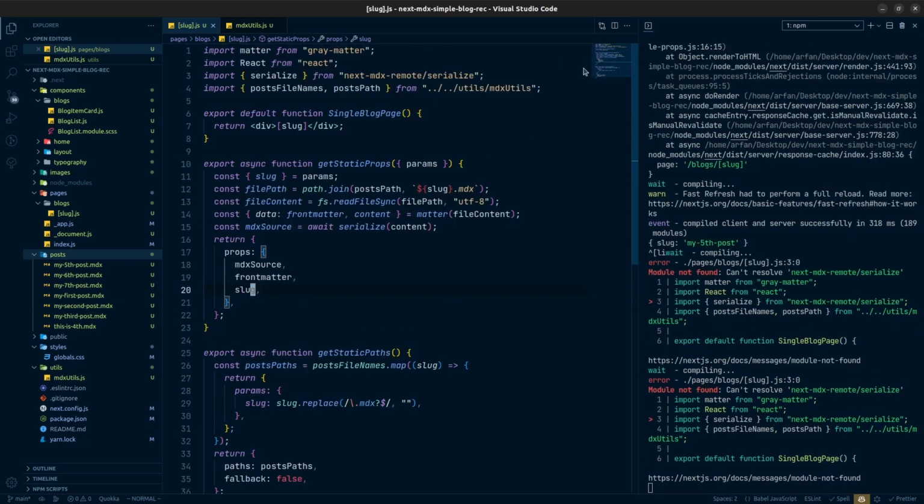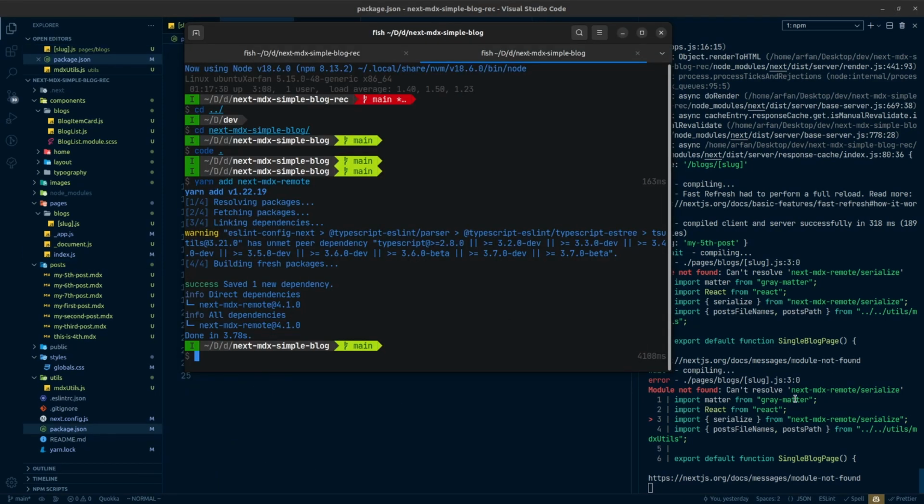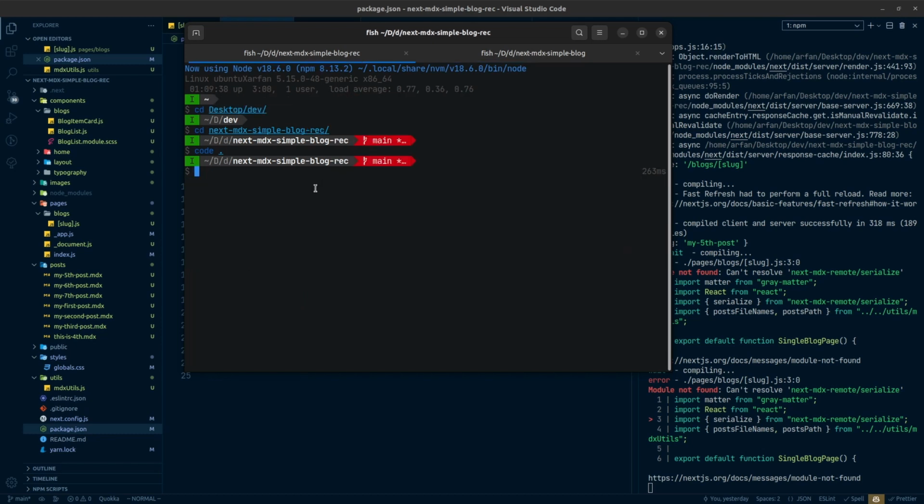And if I do that, there will be a problem. First of all, we are getting another problem, which is the serialize. So here you can see I made a mistake. It is saying cannot resolve next-mdx-remote, because I installed this package in another project. So I need to install this in here. So let's do it one more time. Let's install it here in our project. Now it should install it in the current project. So once it is installed, now it should resolve the